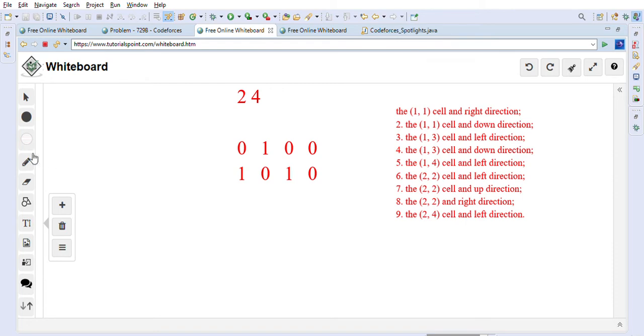So if we are placing a spotlight here, this is the empty spot, so we can place it here in the right direction. Why? Because an actor is there. One means an actor is there. So this one we have looked at. Now again the same position, but we can place it in the down direction because there is another actor here.